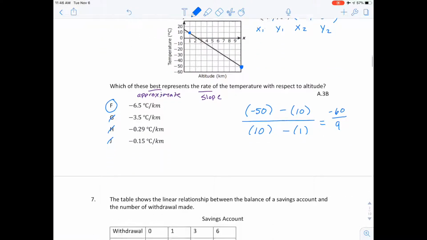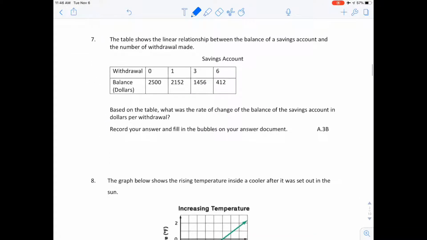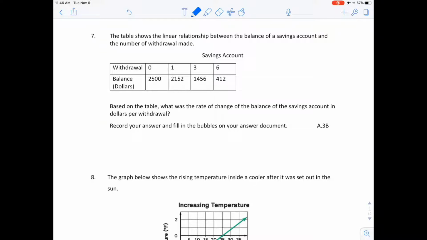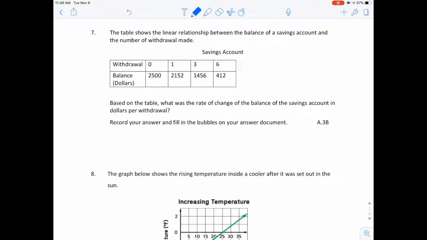All right, so moving on. We have number 7 here. The table shows the linear relationship between the balance and the number of withdrawals made. And we want to know the rate of change, which again, that is the slope. So one thing you have to be careful of here, because we are going to use the slope formula,